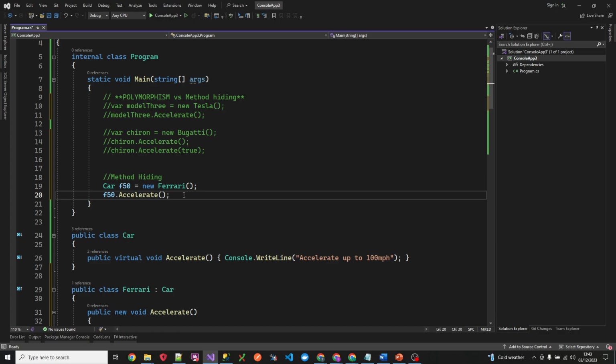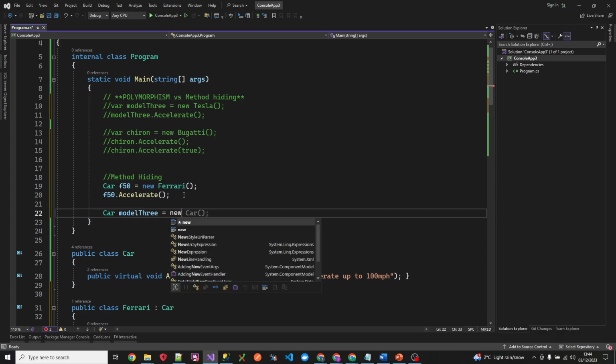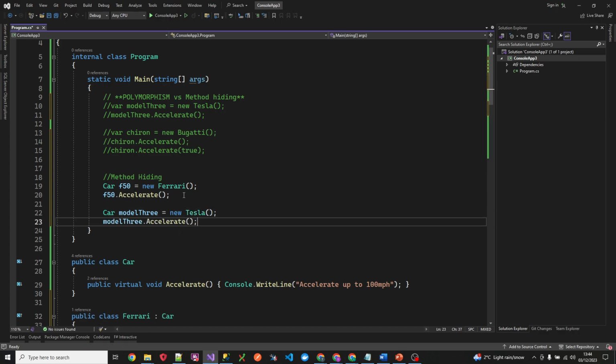And then let's new up another class that references the car. The reference is obviously car, but we'll go for the model 3 again because we can, and that's implementing method overriding, or polymorphism. Tesla, cool. And then let's invoke the accelerate, okay. And then when we run this,